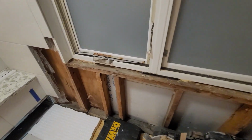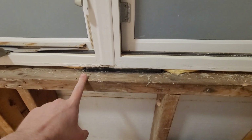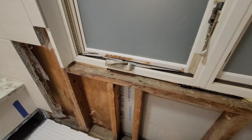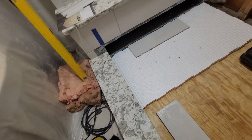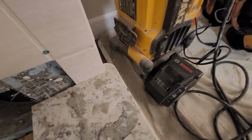We took apart the windows and stuff. It's not too surprising. There's definitely some mold that was here. We've always had trouble with this seam right here opening up. So I think the solution we're going to investigate is getting another piece like this one, another quartz piece, because they still make that. It'll be a quartz piece that slots in here and goes up to here and has a little bit that wraps around the edge, like what this does. And that'll hopefully keep